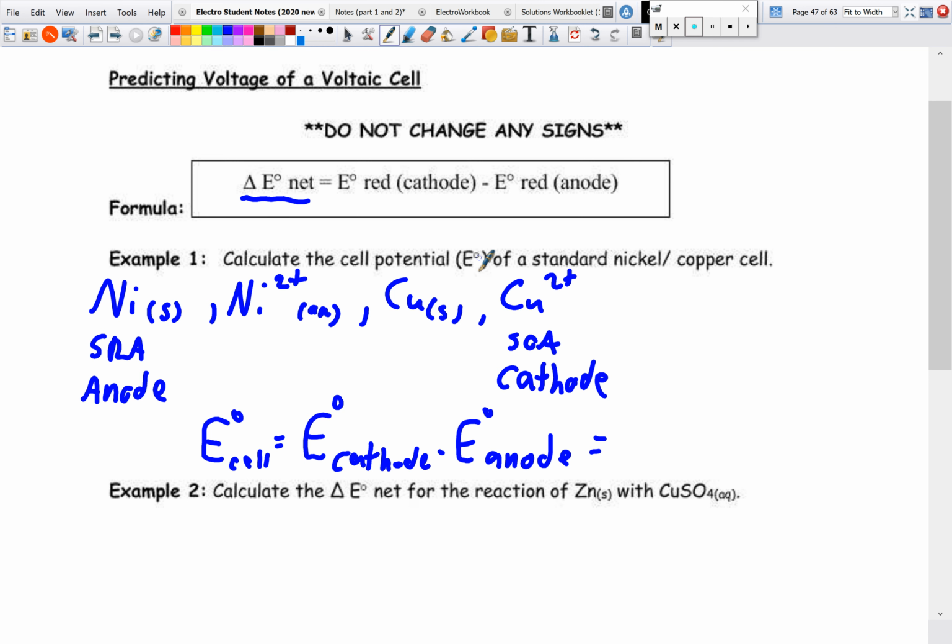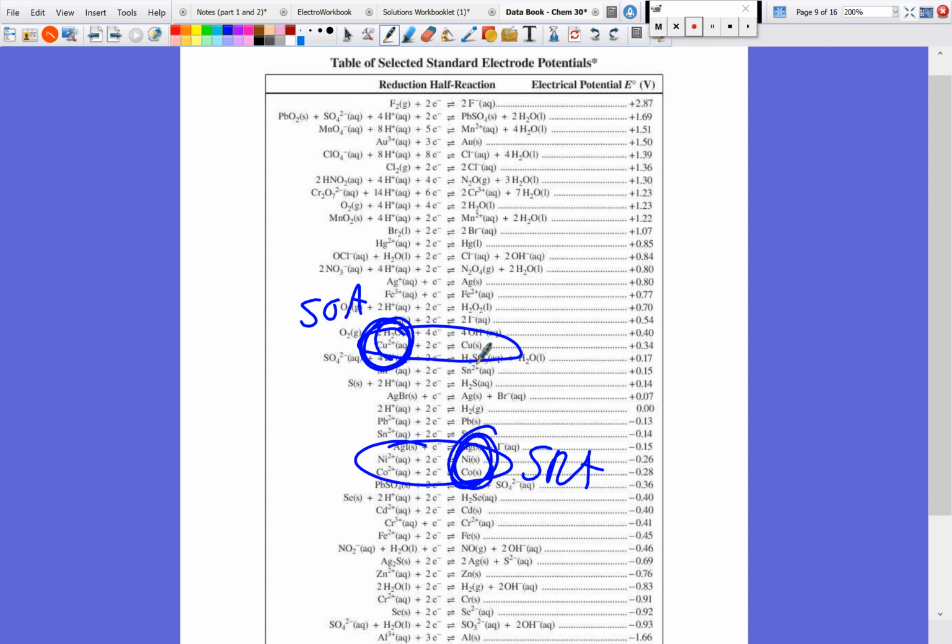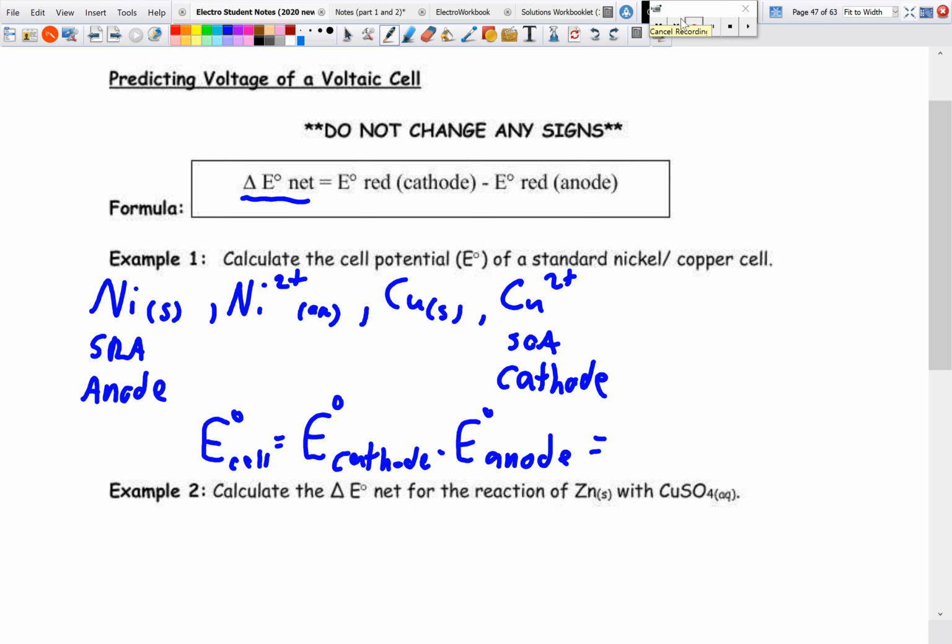We know our cathode is copper 2, so we go back to our data booklet, we find copper, which was up here. It has a cell potential of positive 0.34, and our nickel was a negative 0.26. All right, so we put in these values. So we have a positive 0.34 volts minus a negative 0.76 volts, and we are left with